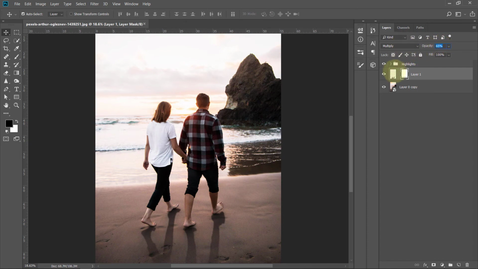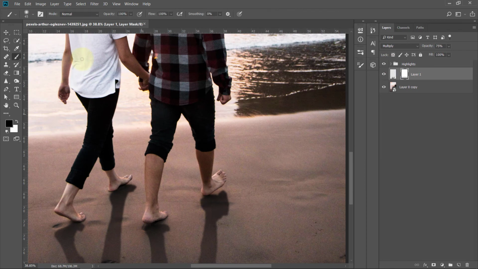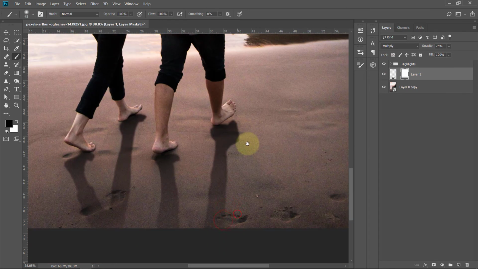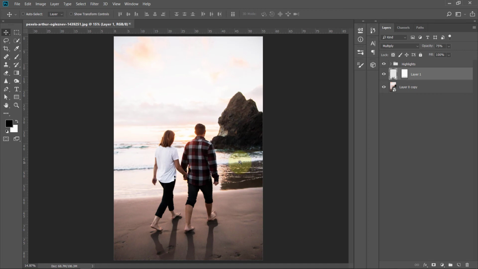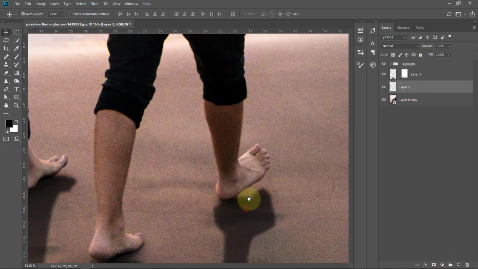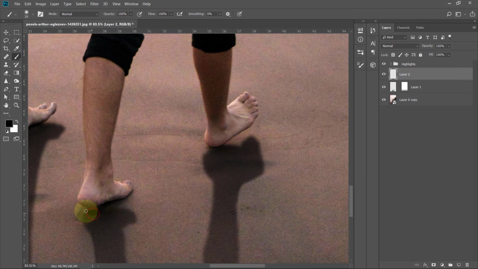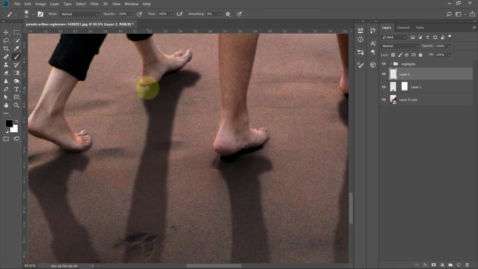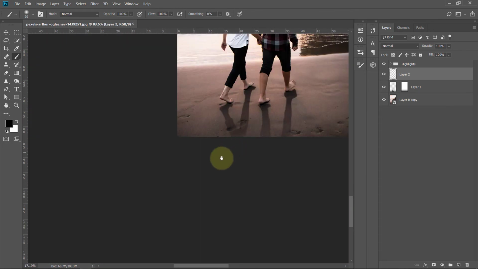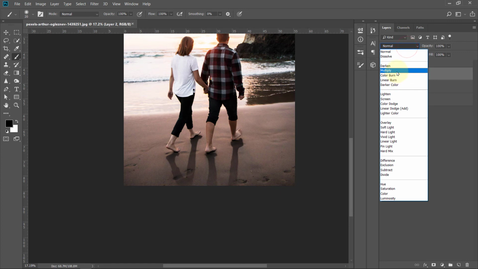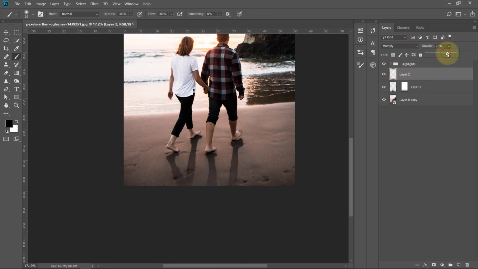I think I should increase the opacity a little bit, maybe 75%. I will select the layer mask again, and with the help of the brush tool I will adjust it a little bit. So I think it looks decent. Now I will create a new layer on top of this, or maybe behind this, and with the help of the brush tool and the black color I will just paint with black. Make the brush smaller, and I will just paint with black just around there. And I will also make it multiply and reduce a little bit of its opacity too.